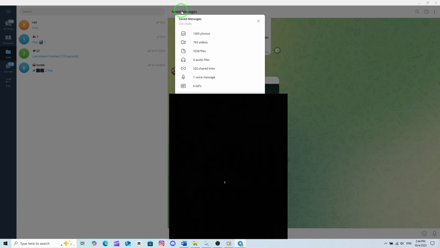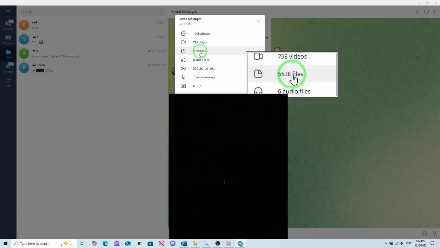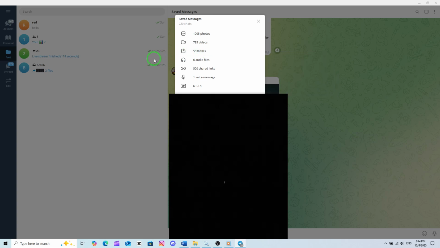Inside the Details page, you'll see several tabs, including Media, Links, Voice Notes, and of course, Files. Go ahead and click on the Files tab, and this will instantly display every single file you've saved in Telegram. You can scroll through them, sort them, and open them directly without having to search one by one through the